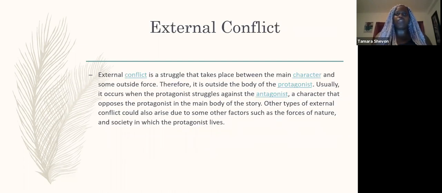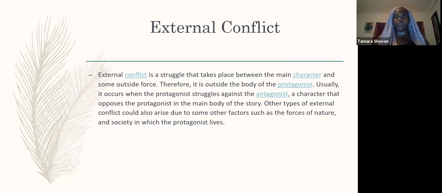External conflict is a struggle that takes place between the main character and some outside force. Therefore, it is outside the body of the protagonist. Okay? This means it's happening outwards. Usually it occurs when the protagonist struggles against the antagonist, a character that opposes the protagonist in the main body of the story. Other types of external conflict could arise due to other factors such as forces of nature and society in